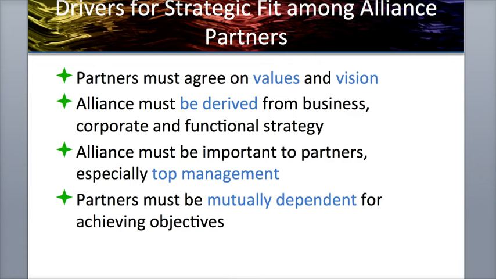The alliance is important to make sure you partner the top management between the two different companies together so that they can be both responsible or mutually dependent for achieving these objectives. So if you're going to make a strategic fit of having a strategic alliance with other partners or other businesses, you have to make sure that there's a good marriage, that you sort of understand what you're getting into and